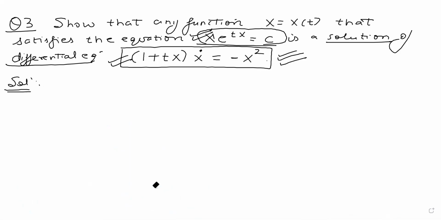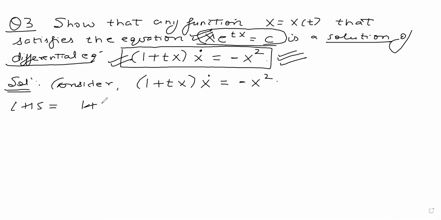So you could have started with the differential equation. Consider (1 plus tx) times x dot equals minus x square. Now our LHS is nothing but (1 plus tx) times x dot. Now first of all we need to find out x dot. So we are given x e to the power tx is equal to c. So if I differentiate it with respect to t,